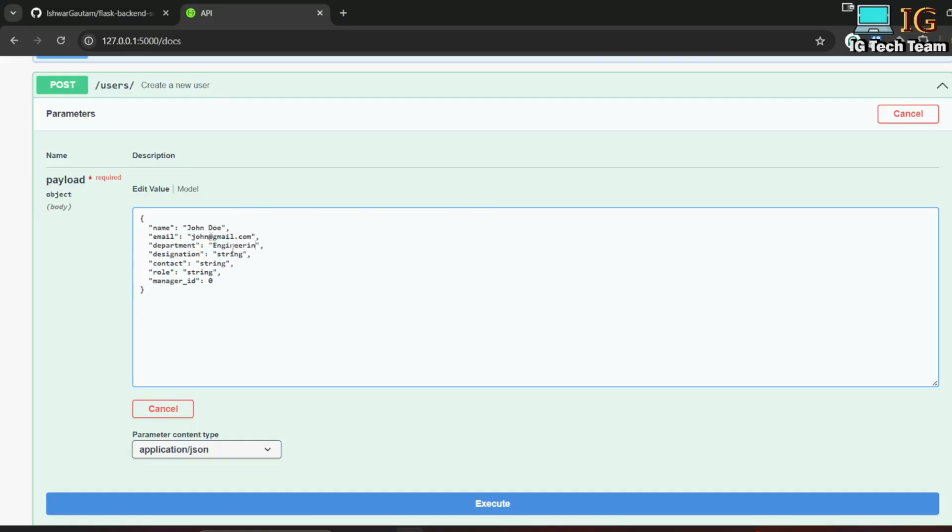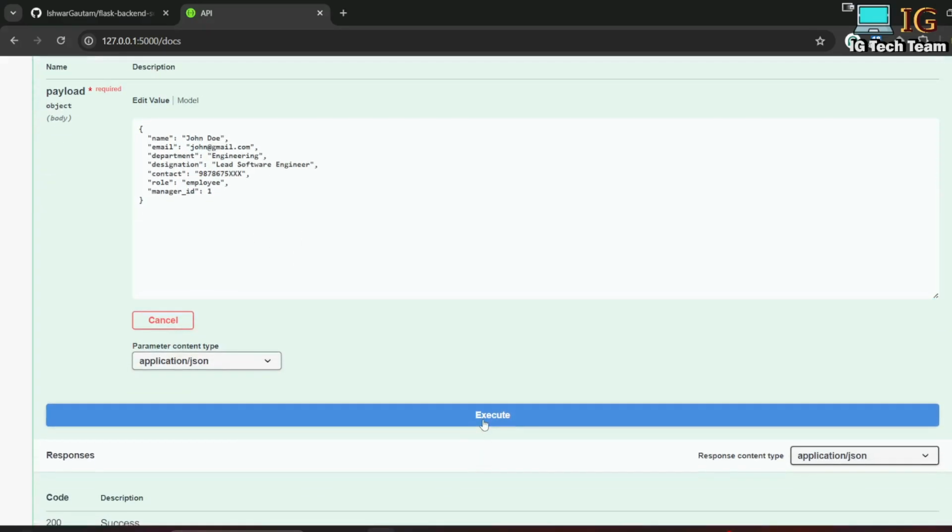Department is engineering. Designation is a lead engineer, lead software engineer. Contact is suppose, so this is the contact. Role is suppose employee. Manager ID is suppose 1. When I click on this execute button,